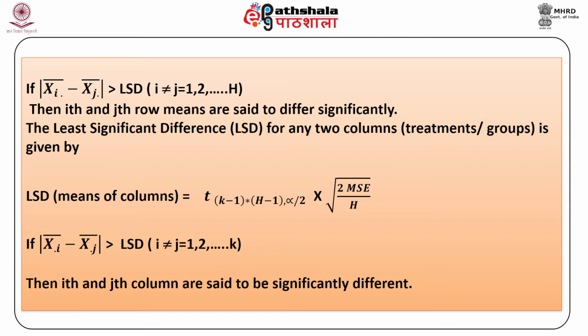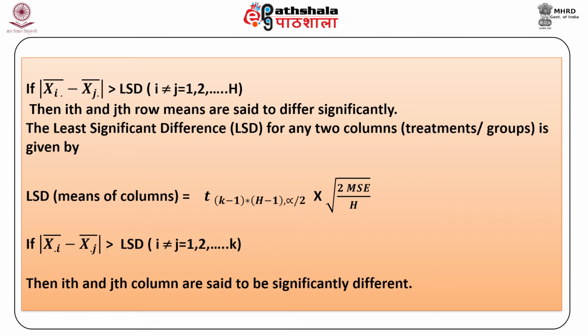The least significant difference, or LSD, for any two columns, which means for treatments or groups, is given by LSD for means of columns equal to t with degrees of freedom (k minus 1)(h minus 1) and alpha by 2 as the level of significance, into the square root of 2 MSE upon h. Now, if again the modulus of x dot i bar minus x dot j bar is greater than LSD,